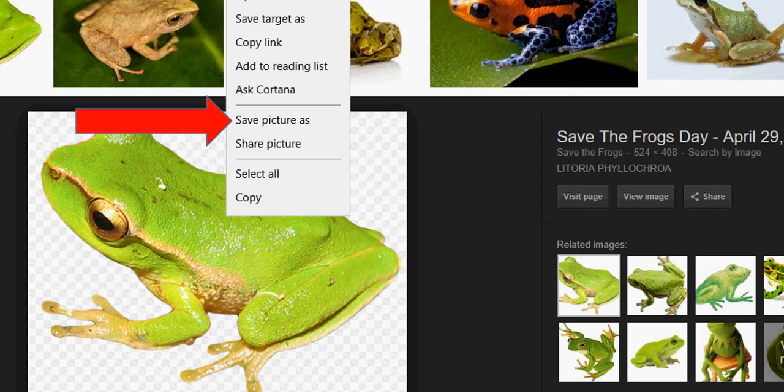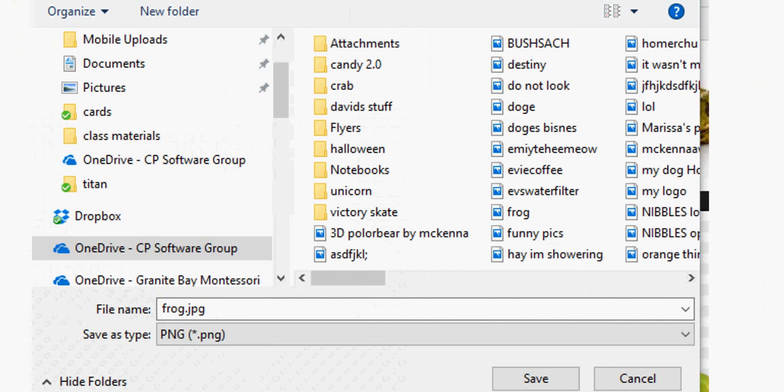And then I put my mouse over it and clicked the right button on the mouse. And it brought up a menu. You'll see one of the choices is to save the picture, save picture as. That's where that red arrow is. So I clicked on that, and then it brought up places to save it. So I found my OneDrive,